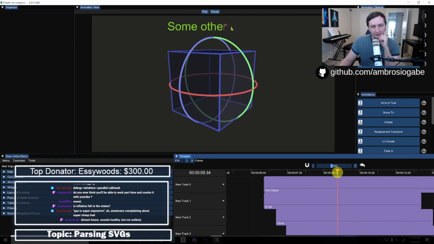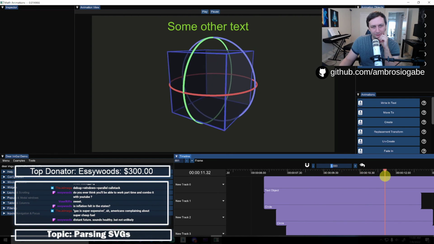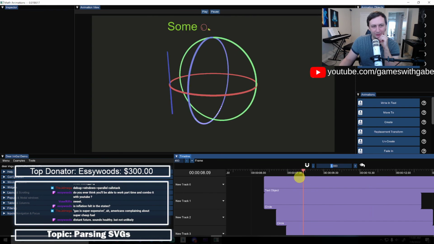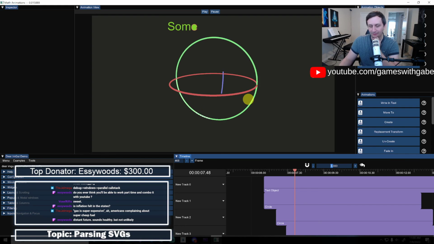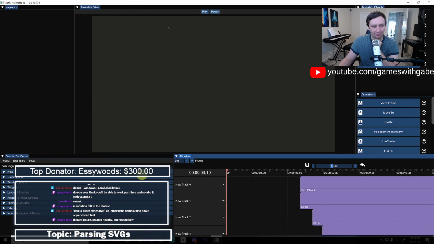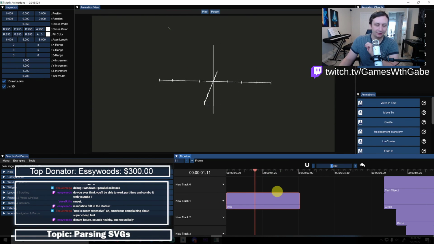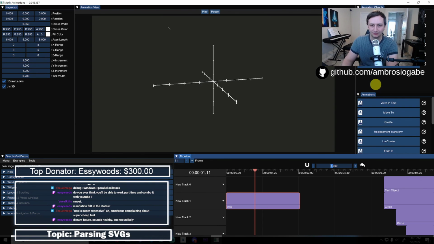I might change that in the future. It shouldn't be filling anything, but it is. Interesting. But yeah, this is going pretty good. I am happy with the way this is turning out so far. SVG objects are almost supported. And once they are supported, I can add math equations using this LaTeX object right here. And yeah, I'm pretty happy with this.